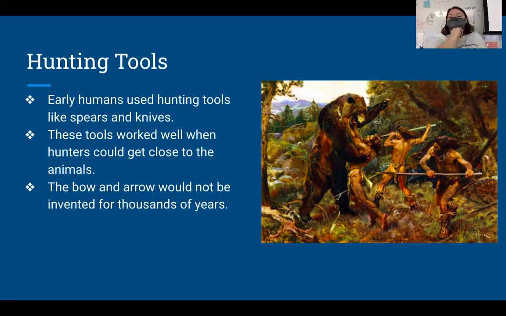Yeah, like get a rock, make it sharp. That would also work. Throw it as hard as you can. Pocket rocks.